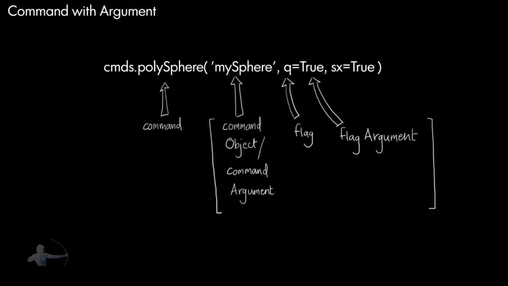If we create a command which accepts arguments and we pass a command object, flag and flag argument to it, we need something which can store all these values. We would also need something which can parse them, so we can differentiate what is the flag argument and what is the command object, and based on those values we can perform certain operations. To understand that, we will look at two different terms,